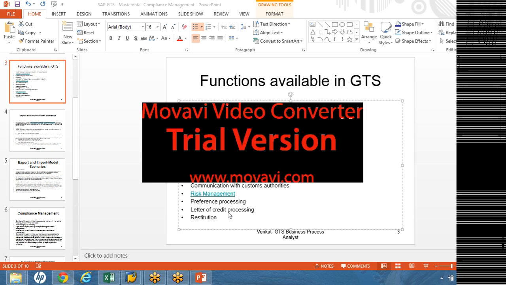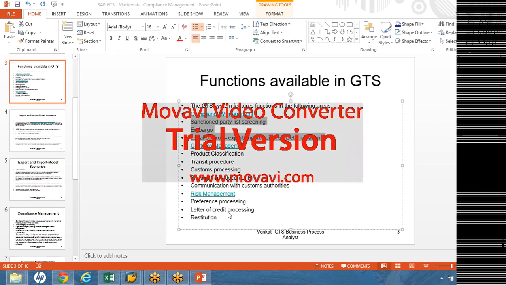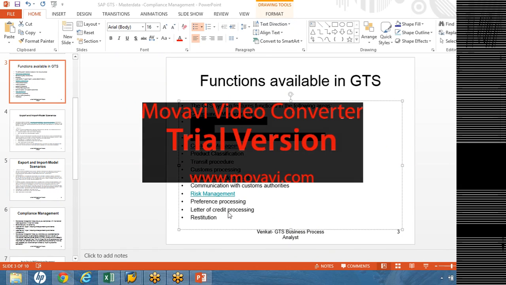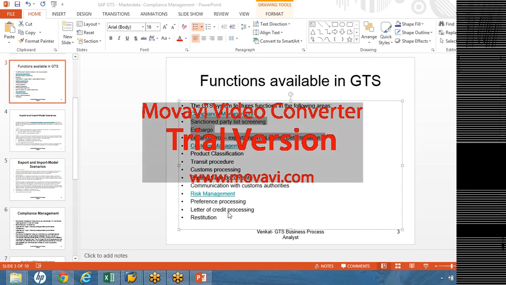So how can you reduce the financial risk? As you know, when you are doing an international business, what happens? There is an issue with taking care of